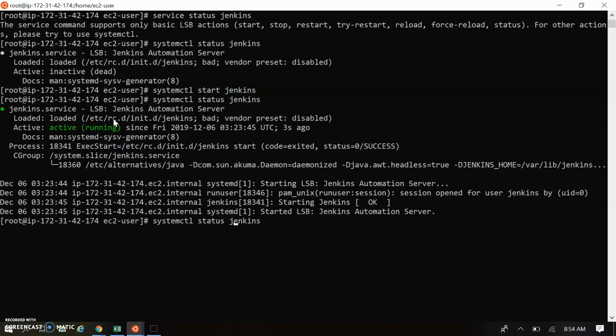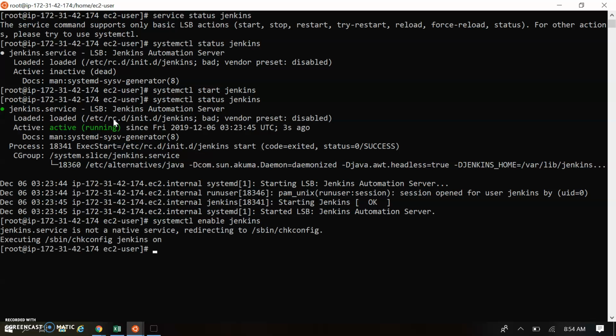That is also required, because once the system reboots, it becomes disabled or dead again. So here we have to do enable. Now the Jenkins system service is enabled for booting, so in case the system reboots, it will be active and running automatically.